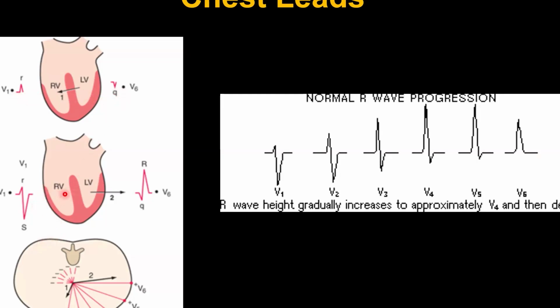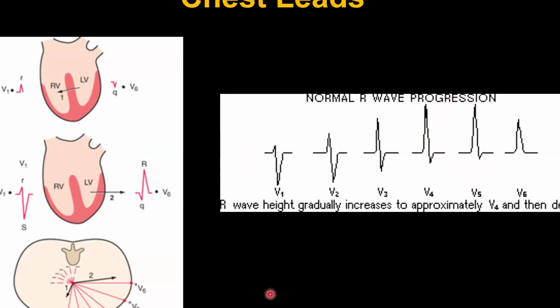That's followed by a large vector toward the left, so that there's a negative deflection in V1 and a positive deflection in V6. The basic principle here is that when the vector travels toward the electrode, there'll be a positive deflection, and when it travels away from the electrode, there will be a negative deflection. And as you go from V1 through V6, there is what's called normal R wave progression. The R waves gradually increase in height to about V4, V5, and then out laterally,